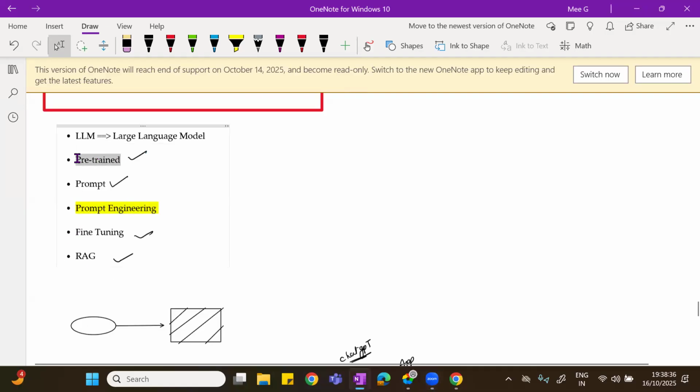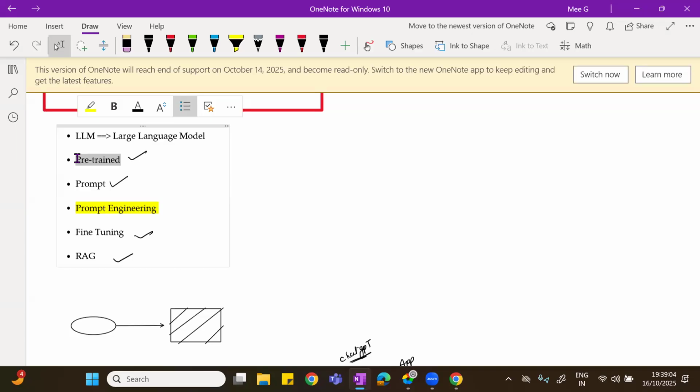Now, pre-trained means the model which is already trained with data. A prompt means the query or the question you are going to ask an LLM. Now, what do you mean by prompt engineering? The art and skill of writing the prompt is called prompt engineering.